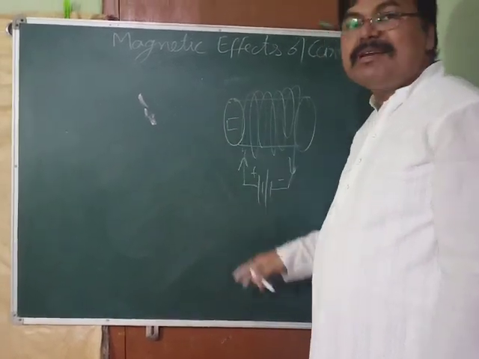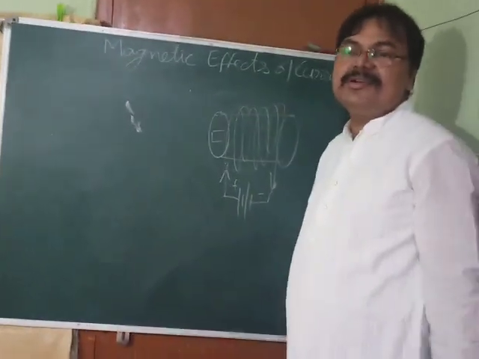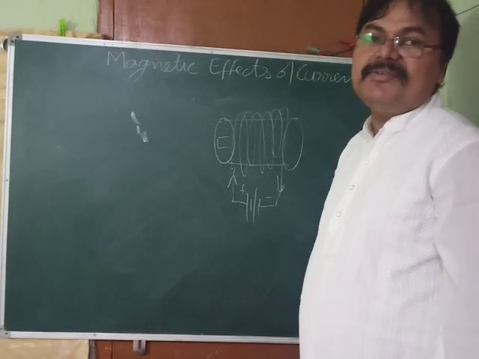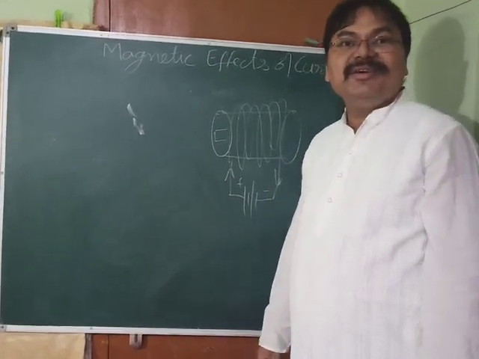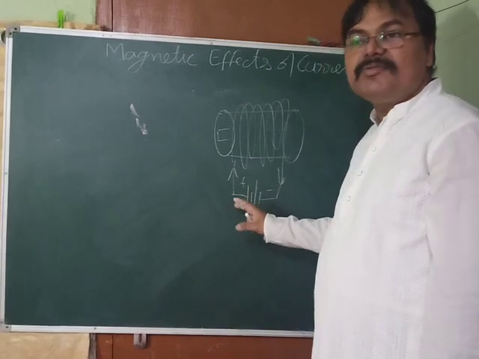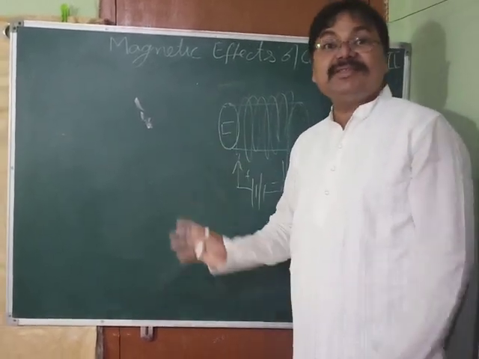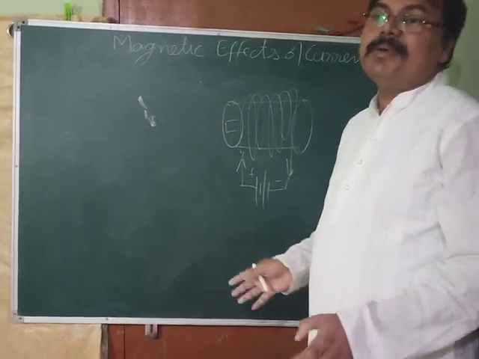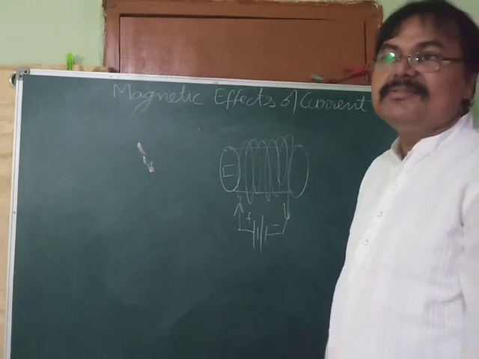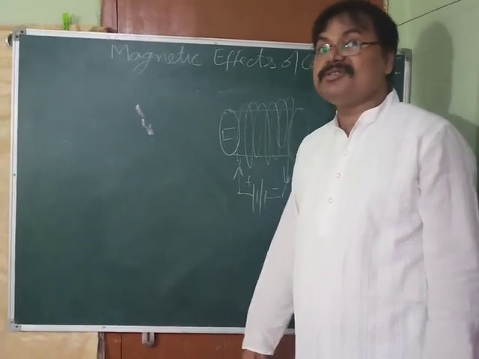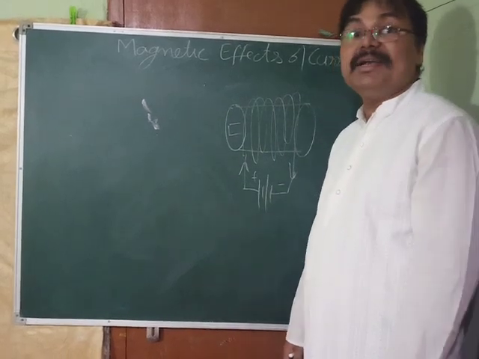This iron piece gets magnetized if you leave it for, suppose, a few hours, 7 to 8 hours or 10 hours or 12 hours. Then this iron piece gets magnetized, and once you switch off the current after 12 hours and take it out, it will behave as a magnet. This is the way permanent magnets like bar magnets, horseshoe magnets, and these artificial magnets are made. They are not natural. Remember, they are artificial. Although they are permanent magnets, they are artificial, man-made.